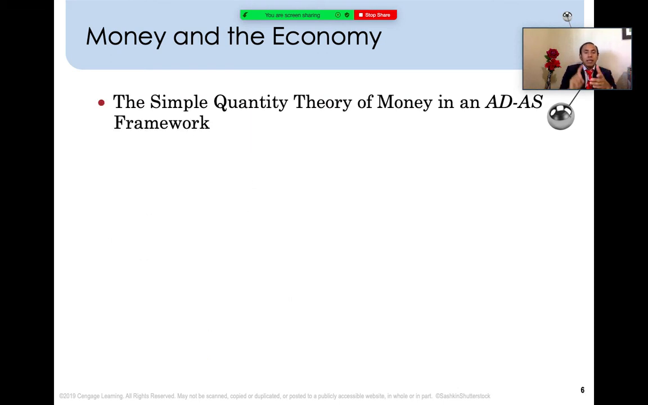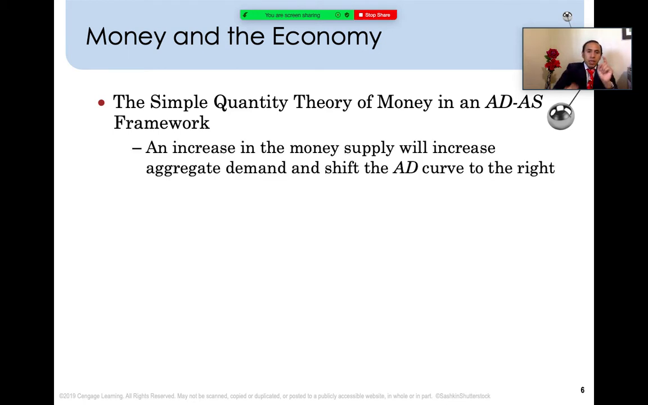Now, when we're looking at the simple money equation and the classical perspective, the simple quantity theory of money has a direct effect on the aggregate demand for goods and on the aggregate supply of goods and services, which in this case is the AD-AS framework. Now, an increase in the money supply will increase aggregate demand. When the money supply increases,